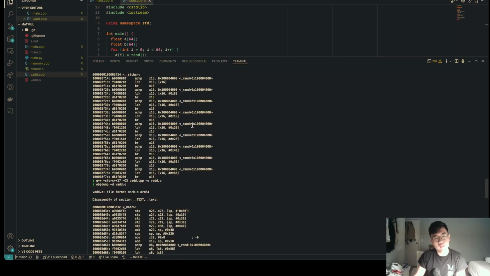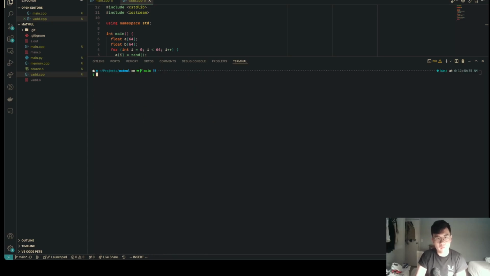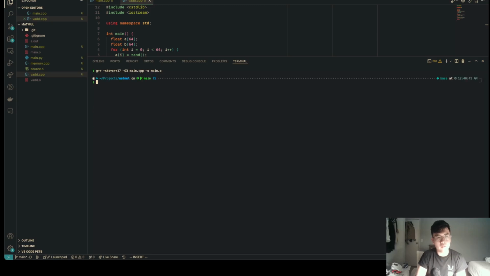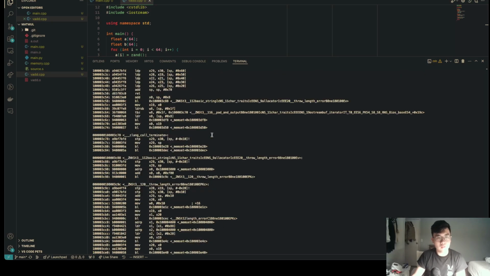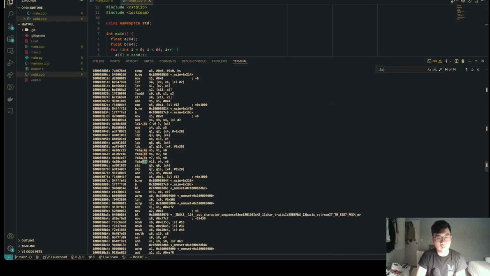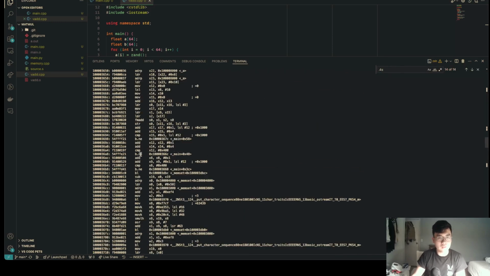So I think that is what is happening when you do O3 main.o and then objdump -d main.o. At least like that's 4s more. Yeah, this is calling